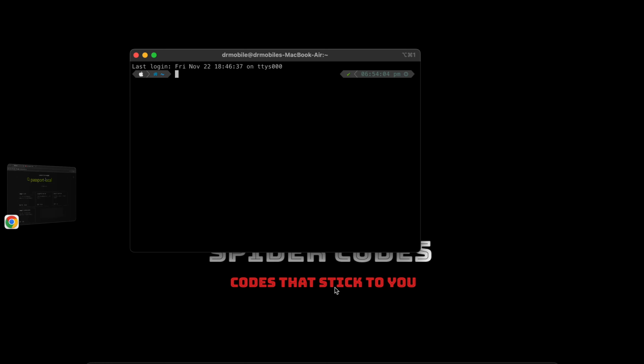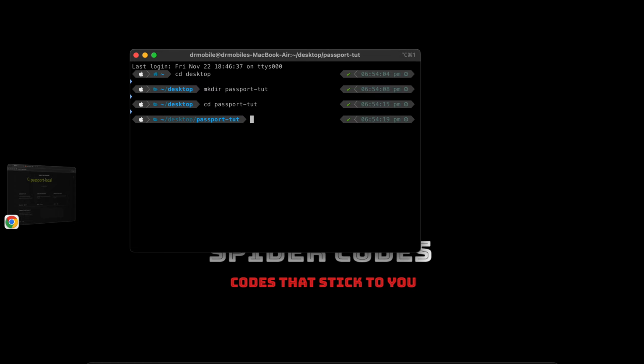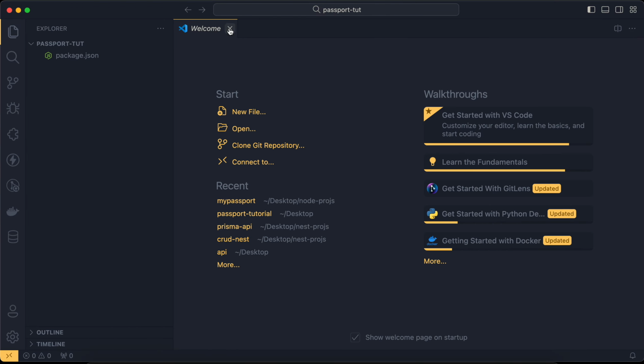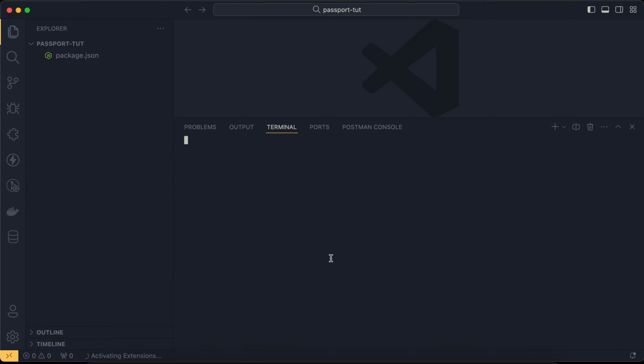I'm gonna pull up my terminal and cd into desktop, create a new directory called passport-tutorial, cd into it, and after that I'm gonna initiate a new package.json and open code inside our project. Right, we're inside VS Code, and let me just initiate git before I forget it. So git init,